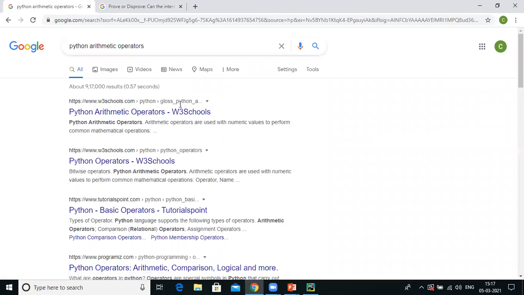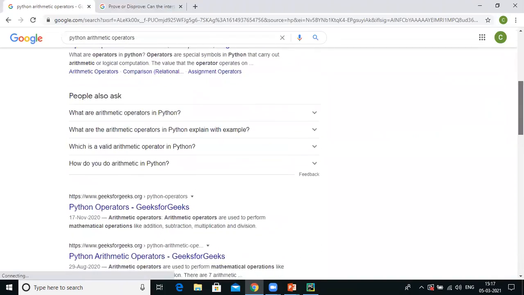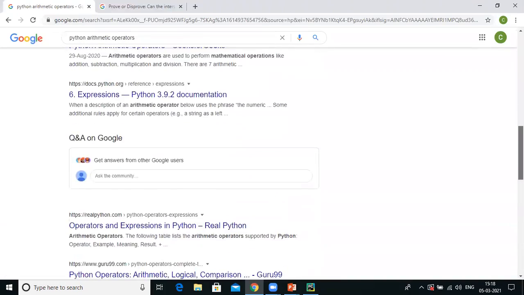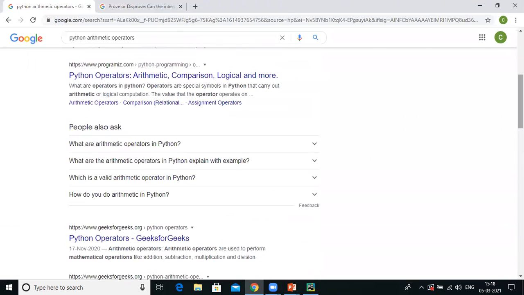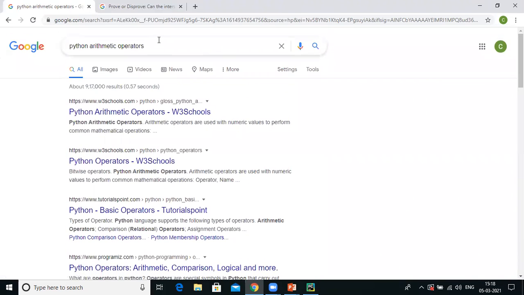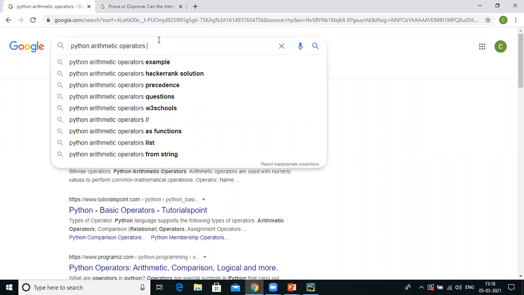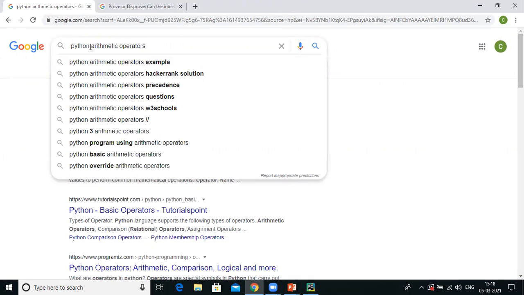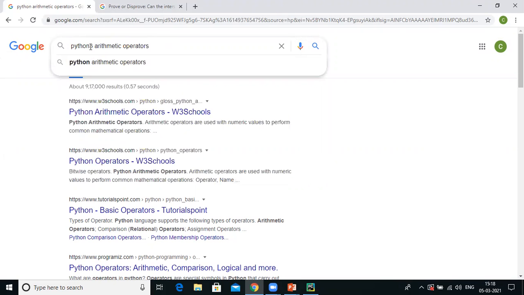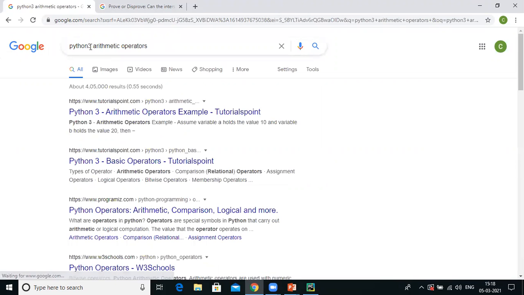The Python website is the official website. I'm using Python 3, right? So Python 3 arithmetic operators.